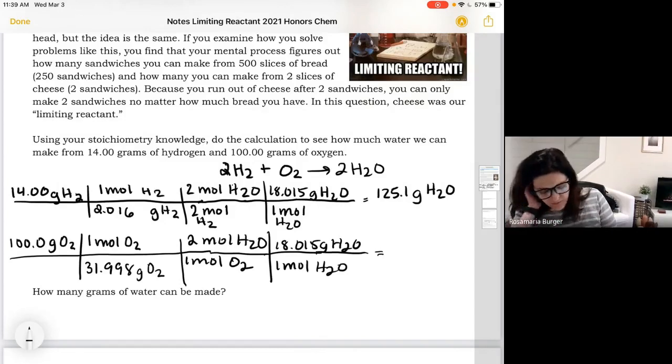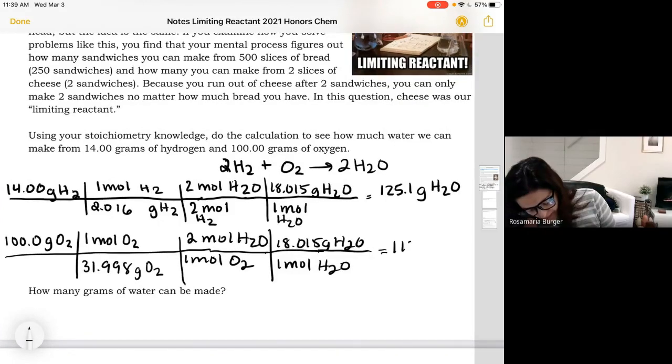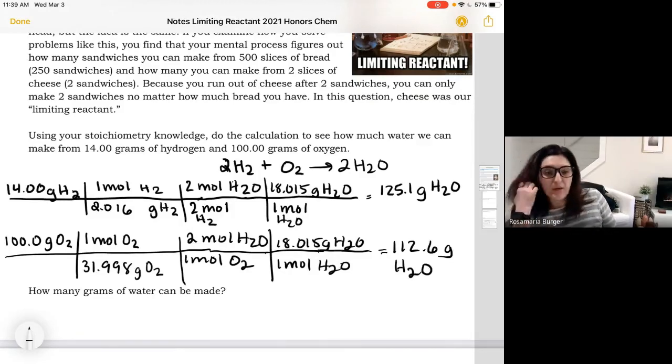So I'm going to do 100 divided by 31.998 times 2 times 18.015. And I get to have 4 sig figs again. So my answer is 112.6 grams of H2O. Okay, so the one that is the lowest is the amount that we can actually make,